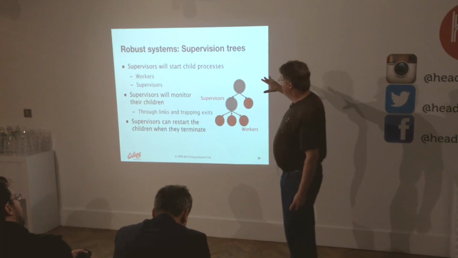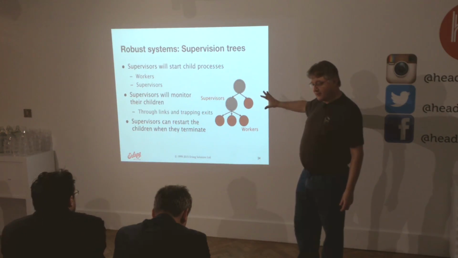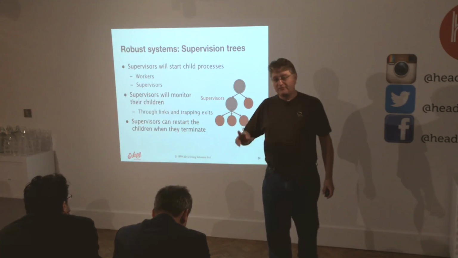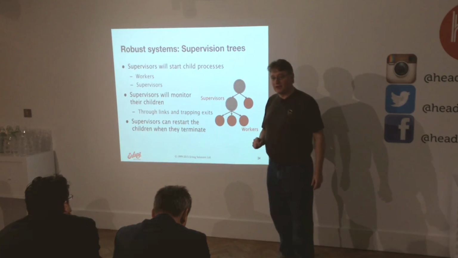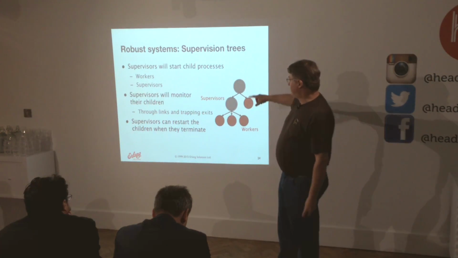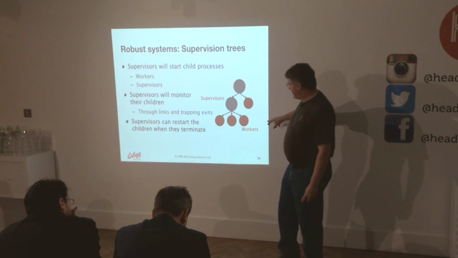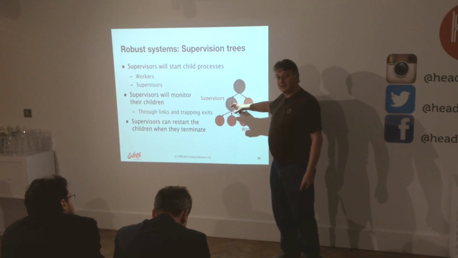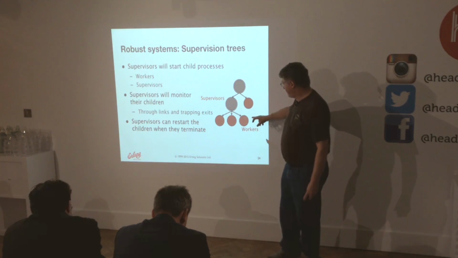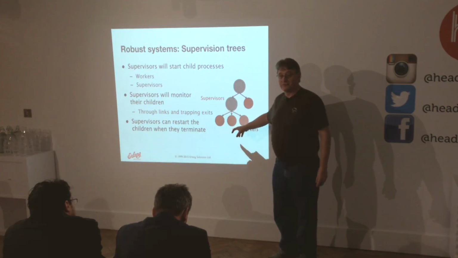For making systems robust and making sure that functionality is always there, or a service is always available, we have something we call a supervision tree. We basically split processes into two different classes. Again, this is the code that does it, nothing inherent in the process. We have supervisors and we have workers, and we build what we call supervision trees. Workers do all the work, and they have a supervisor which just keeps track of them. In this case, the grey process here is supervising these three workers, and if they die, this supervisor knows what to do.